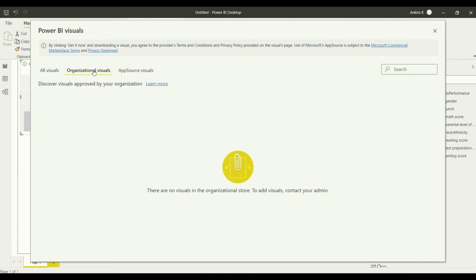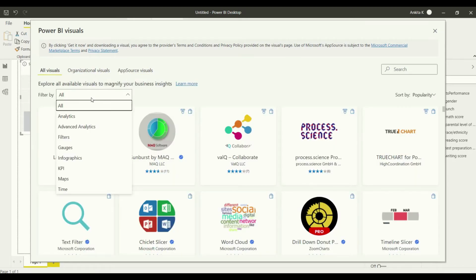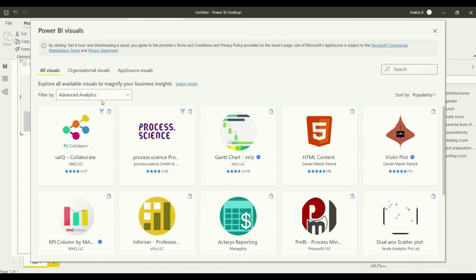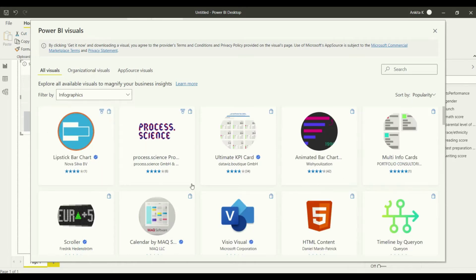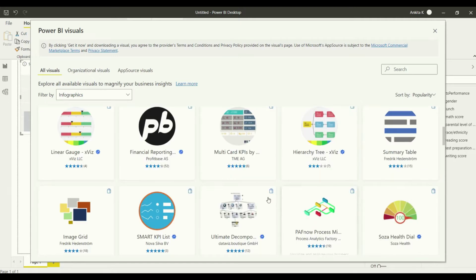You can either have the organizational visuals, which are the visuals that you as an organization have developed, or the app source visuals. Very specific, if you want, you can just filter them that way. And you can see all these different organizations as well as individuals who have created these visuals.